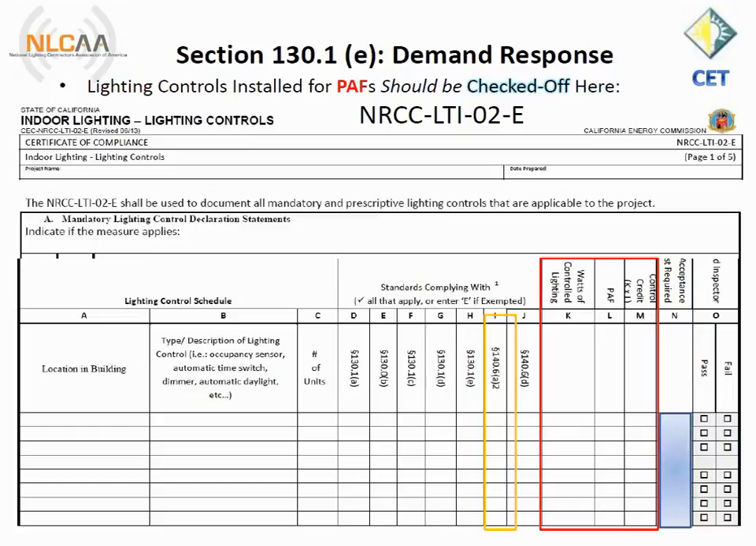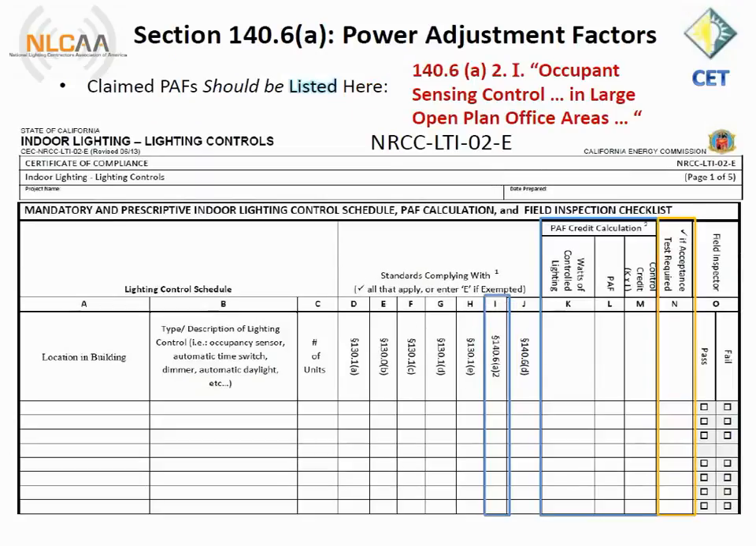That demand response system power adjustment factor, which is an optional system, would get checked off here, as would all the other PAFs. And acceptance testing would not be required for any of them except for one. By the way, you cannot claim a PAF for anything that is already required by the code. If you are claiming a PAF from row 2 of table